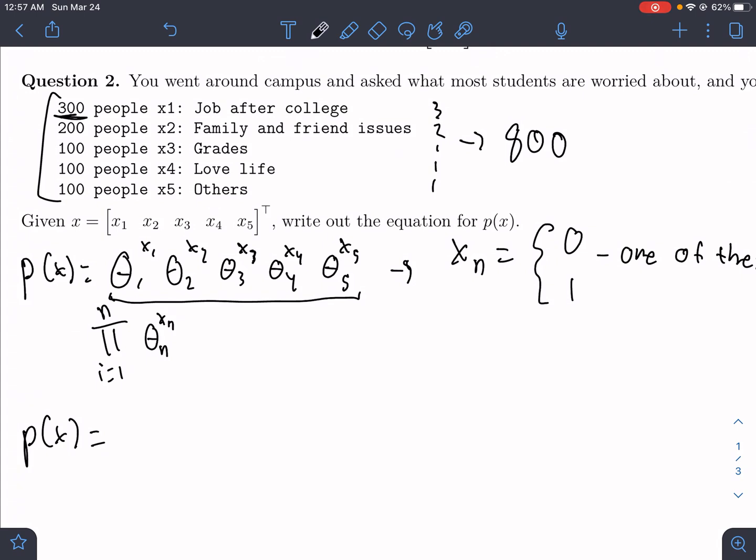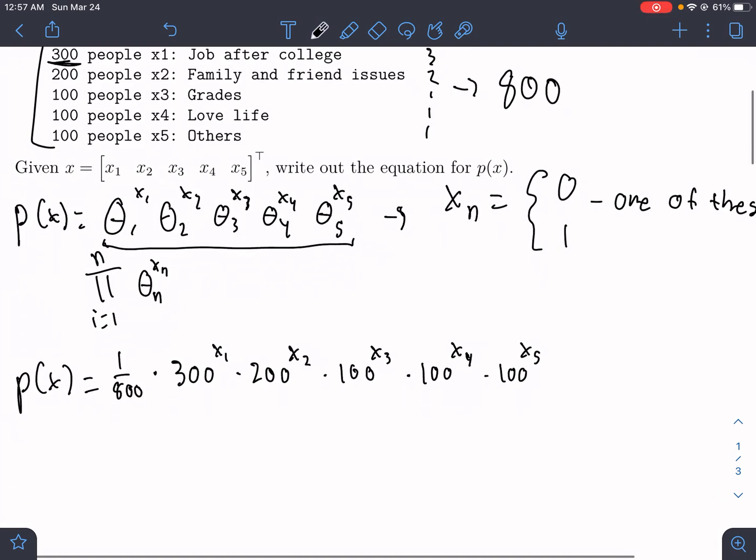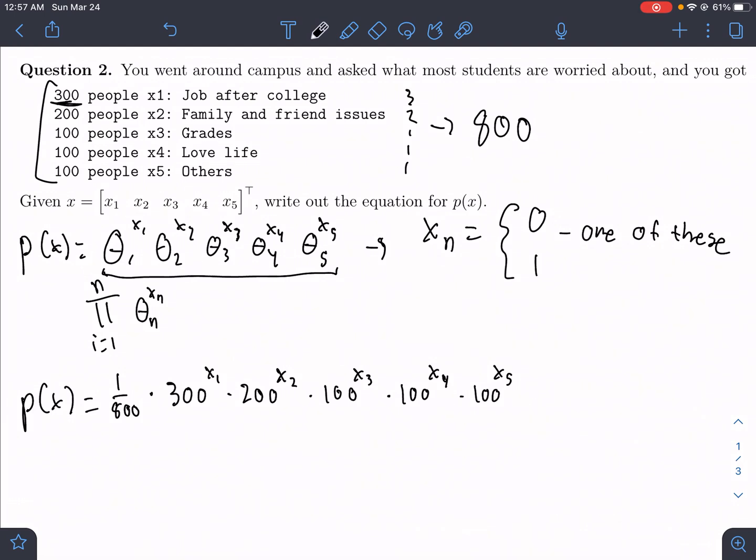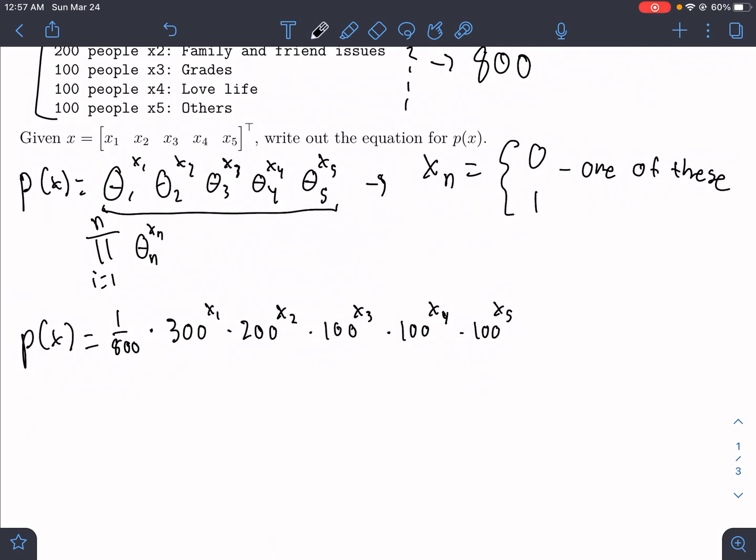So a little trick, we can just do 1 over 800 times 300 to the x sub 1 times 200 to the x sub 2 times 100 to the x sub 3 times 100 to the x sub 4 times 100 to the x sub 5. And what this essentially does is, let's just envision that you wanted to use this equation to actually solve for some sort of x, right? So let's choose